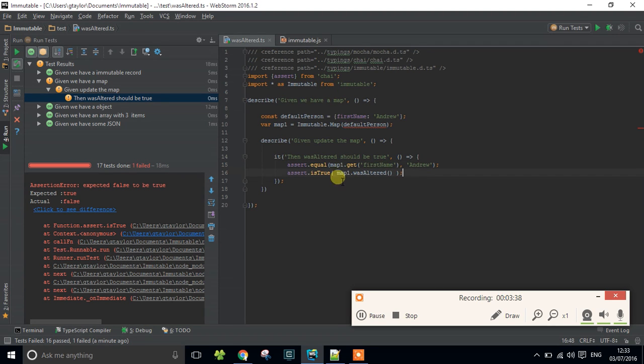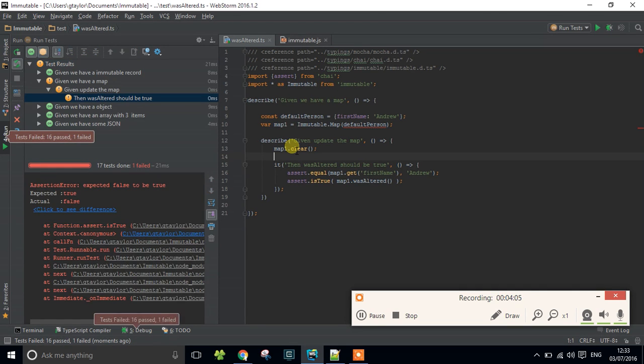And what I'm doing now is just a simple check to see whether the map was altered. You can see in my test that it's coming back as false. So what I'm going to do is run a clear on map 1. And maybe that will actually mark it as being altered. IntelliSense is going a little bit crazy there. So run that, and nope, I have still got true plus false. So I wonder if that's returning a new map. We are immutable. So